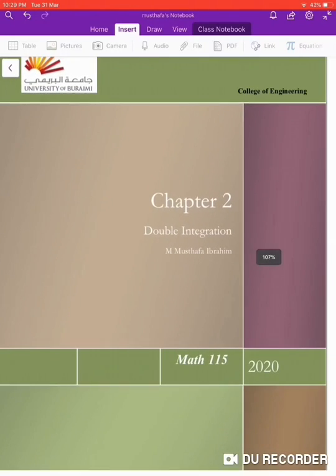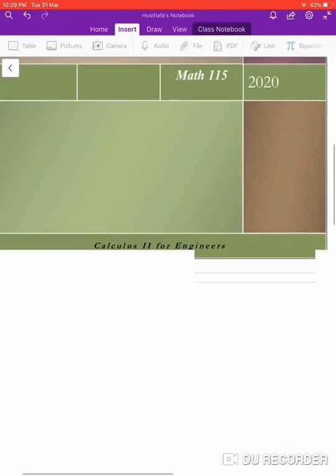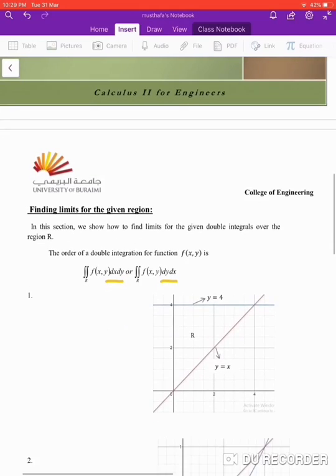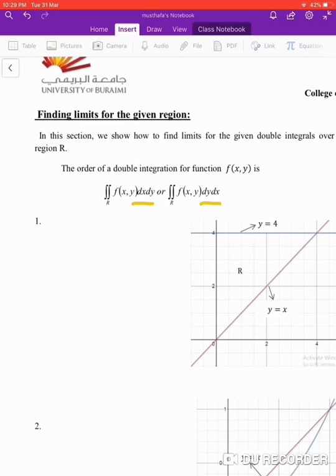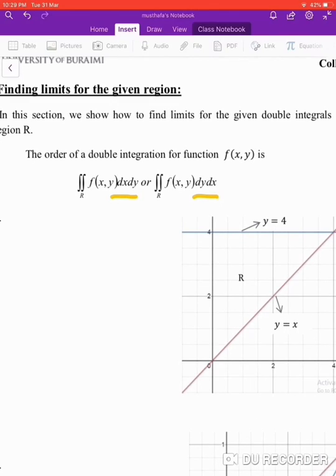Dear students, in this chapter you are going to learn about finding the limits for the double integration over the given region R. So the following example will give you a clear idea about how to find the limits for the given double integration. As we discussed in our previous video, the double integration for the function f of x comma y